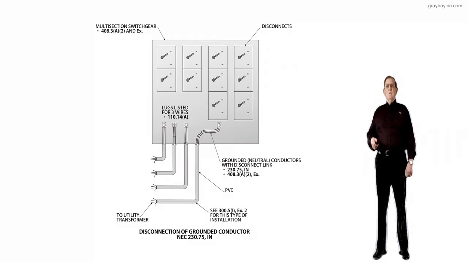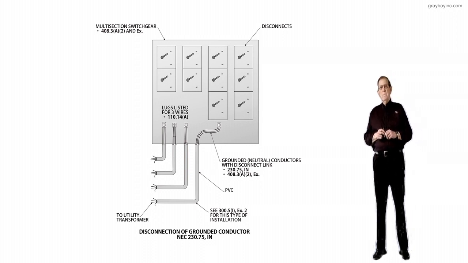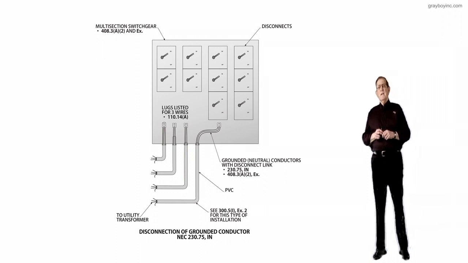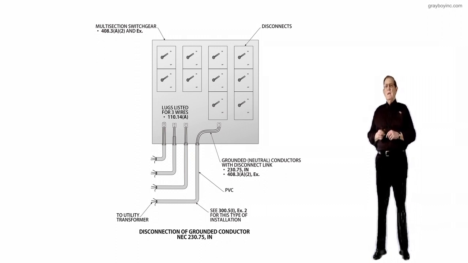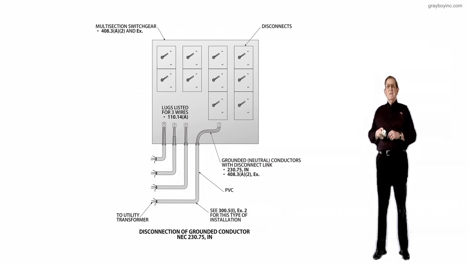This illustration deals with disconnection of the grounded conductor in accordance with NEC 230.75 informational note. The purpose of the change is that the code panel provided a new informational note. It was added to provide information for users of the National Electrical Code that is not currently present in the NEC. The term neutral disconnect link is the term used in the product standards, so that's been revised here